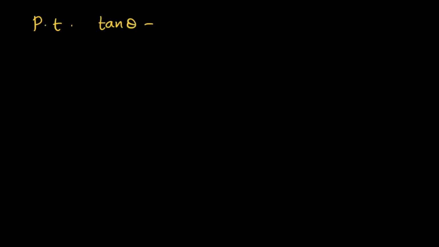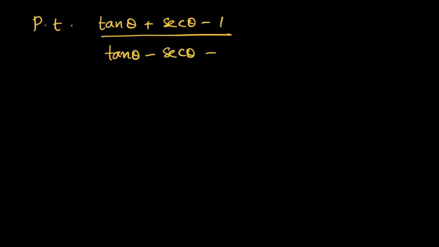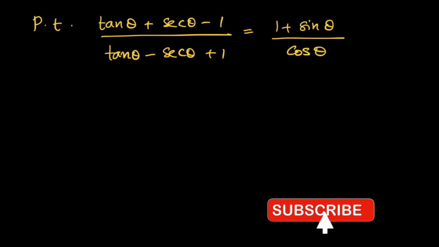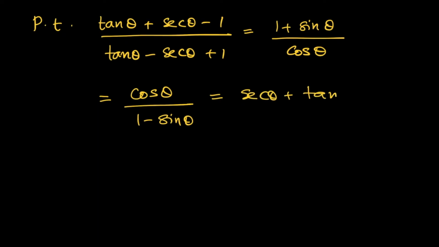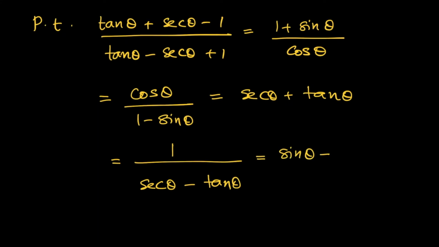tan theta plus sec theta minus 1 divided by tan theta minus sec theta plus 1 is equal to 1 plus sin theta divided by cos theta is equal to cos theta divided by 1 minus sin theta is equal to sec theta plus tan theta is equal to 1 by sec theta minus tan theta is equal to sin theta minus cos theta